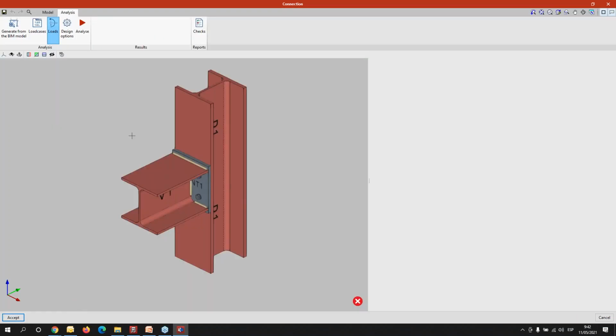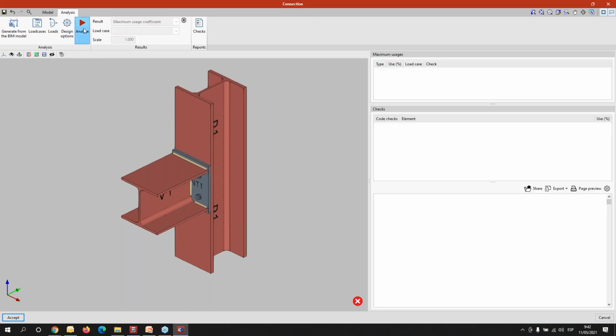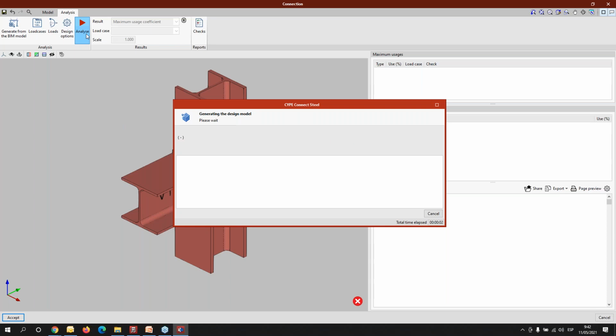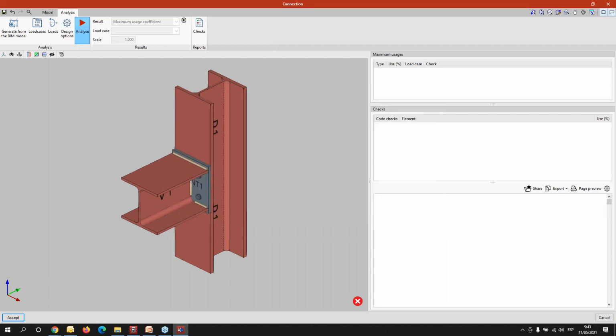The user has this right. And I will leave the default design options. And immediately after that, I will launch the analysis. OpenSys is working now. The communication between the two programs is working on the process of the analysis, and after receiving the results from OpenSys,